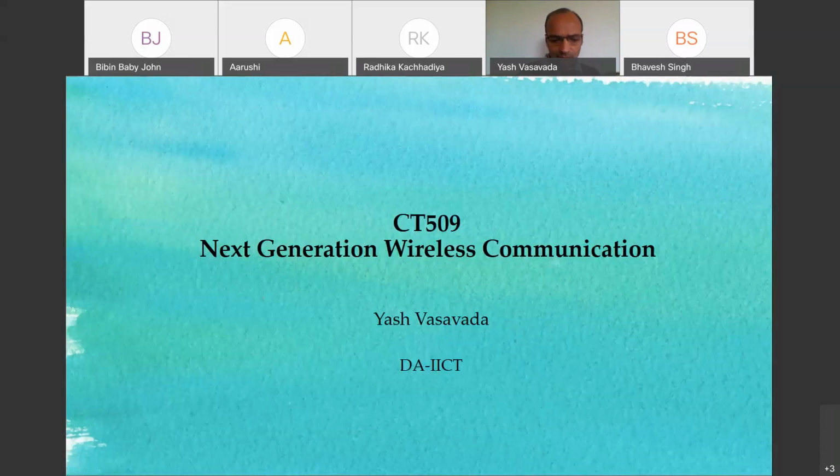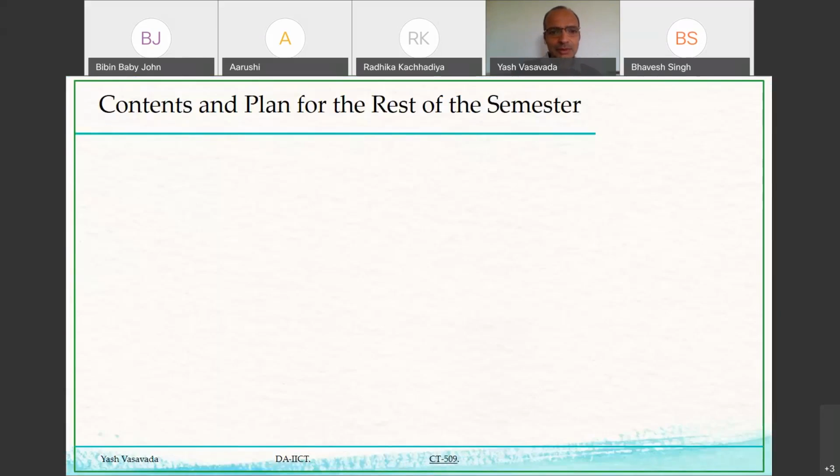So we are maybe 3 weeks in the remaining time. But first, let me start today by summarizing the content that I wish to cover in the remaining part of the semester. This is my wish list. I don't know how much of it I will be able to do justice to, but anyhow, this is what I'm thinking of.